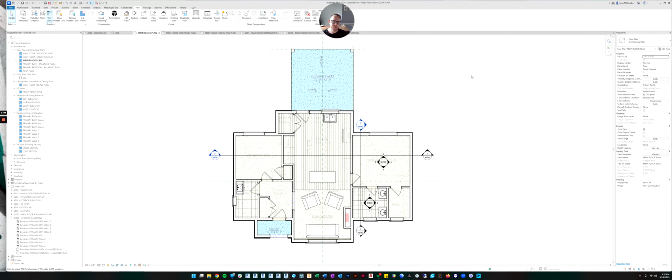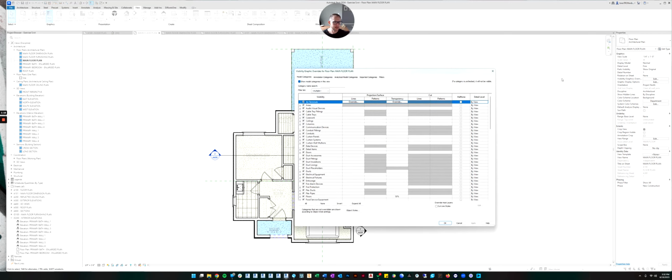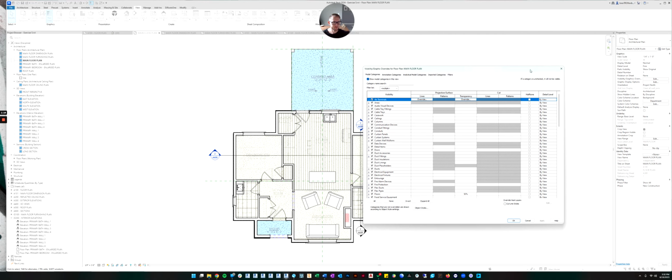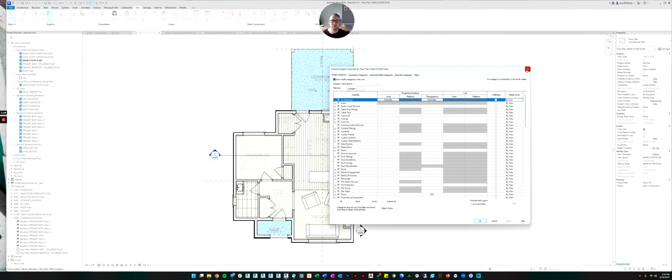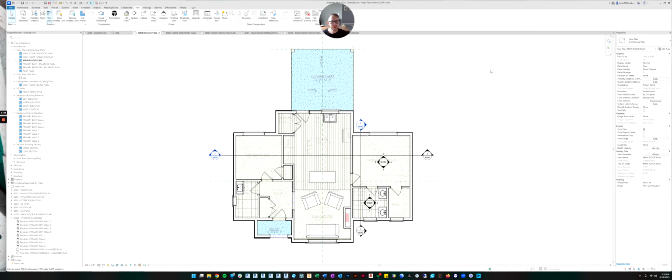So you need to go to the view properties. So make sure you don't have anything clicked. And if you look over here, there's the visibility graphics and you can hit edit and it'll bring that up. I'm going to stop for a minute. I'm going to give you a little tip because I think it's a good time for you to learn this. Let's click out of that.